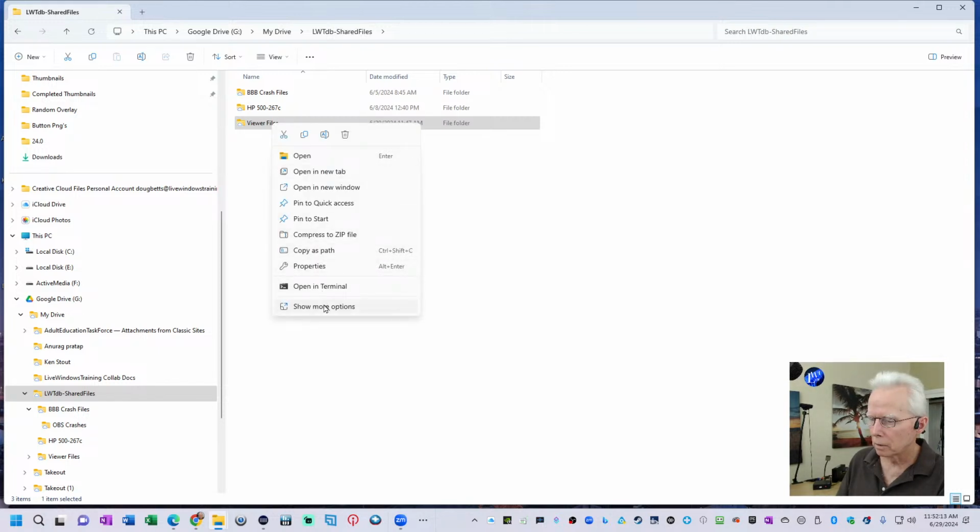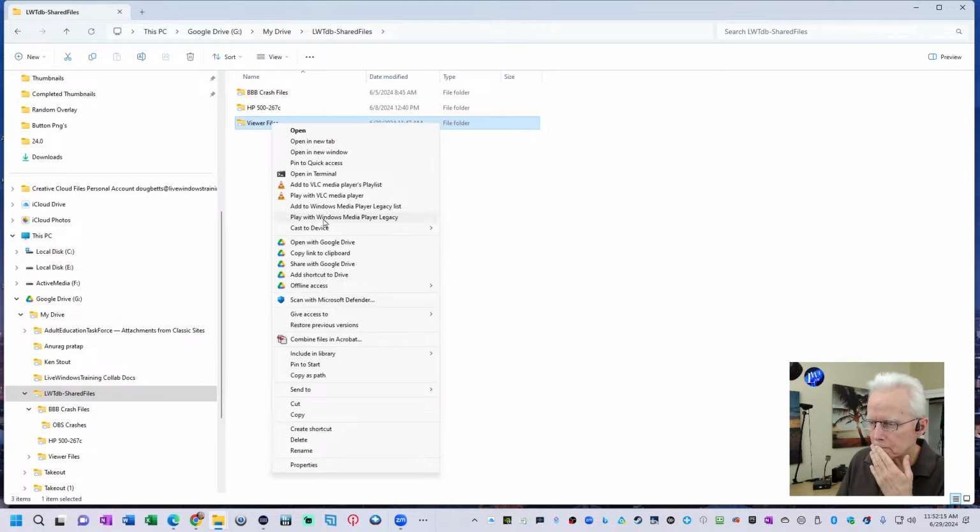I don't think that's possible. Yeah, I don't either. I highly doubt it. I think the only option is to have read-only or to have read and write. It's not possible to have write and not read because you're going to be able to see the folder before